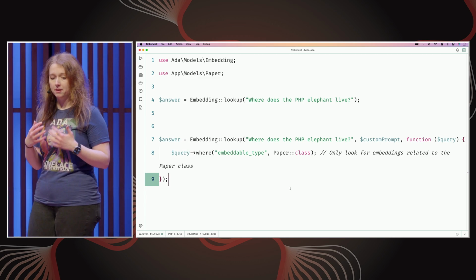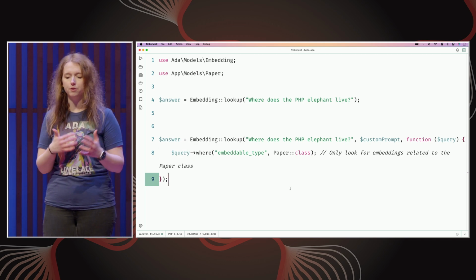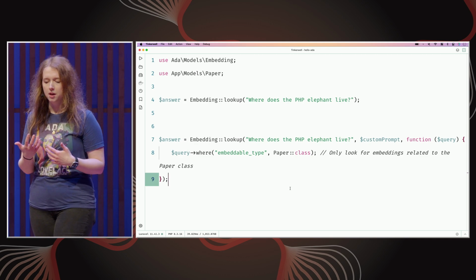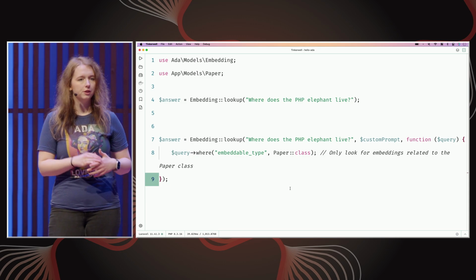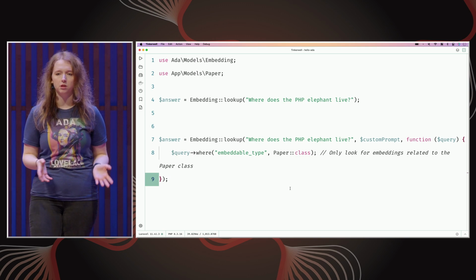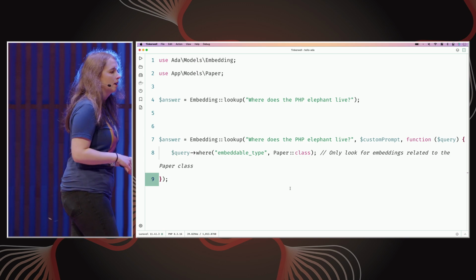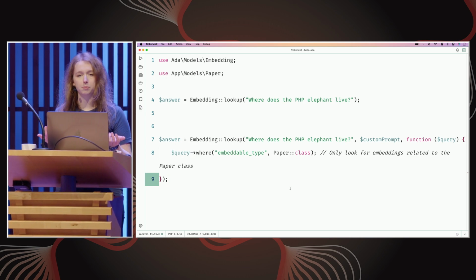And this method takes just the query if you want, but you can further customize your search by passing a custom prompt, which we will get in a second, or you can just limit the vector search to a certain type of models by passing a callback. So if you want to, for example, only look for embeddings related to the paper class.